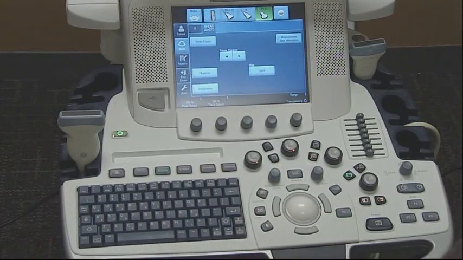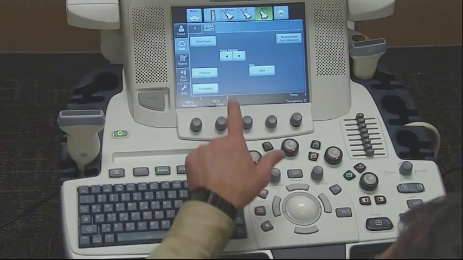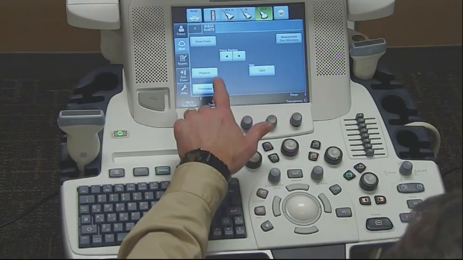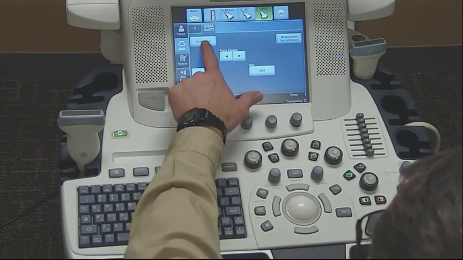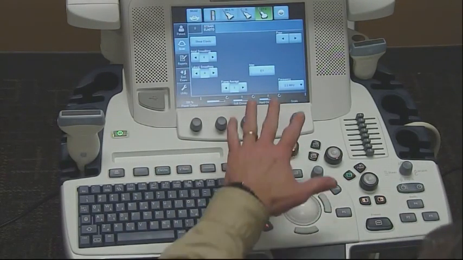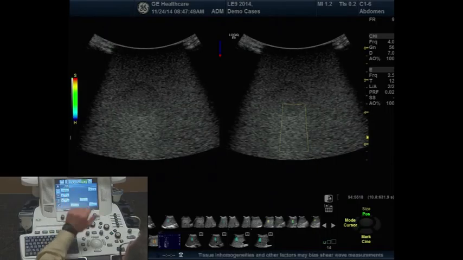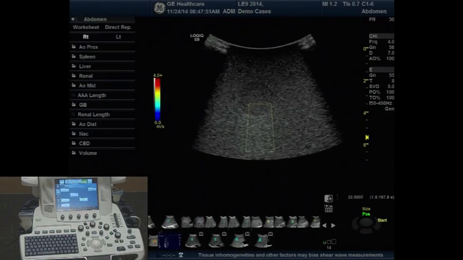elastography or shear elastography. Since shear wave elastography was the last elastography mode used on this system, it defaults to shear wave elastography. If I wanted to go to strain elastography, I could press that button and you'll see the normal strain elastography touch panel appear. Now the purpose of what we're demonstrating right now is shear wave elastography, so I will return to the shear